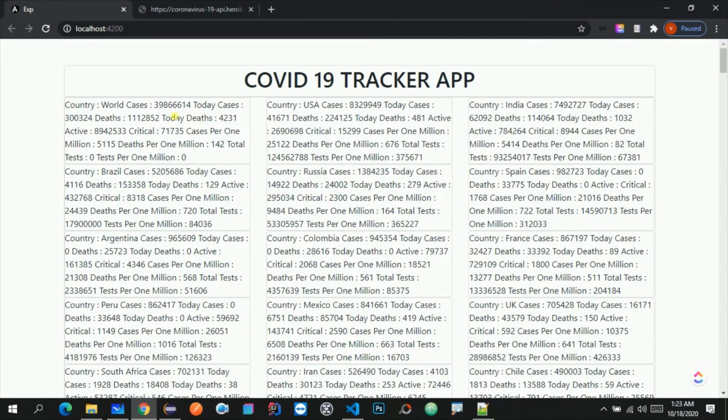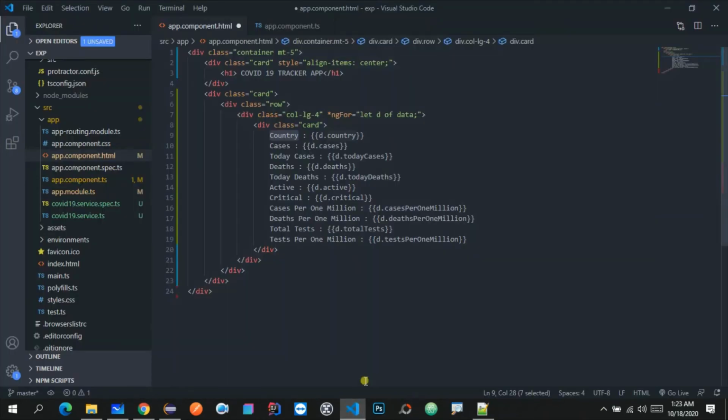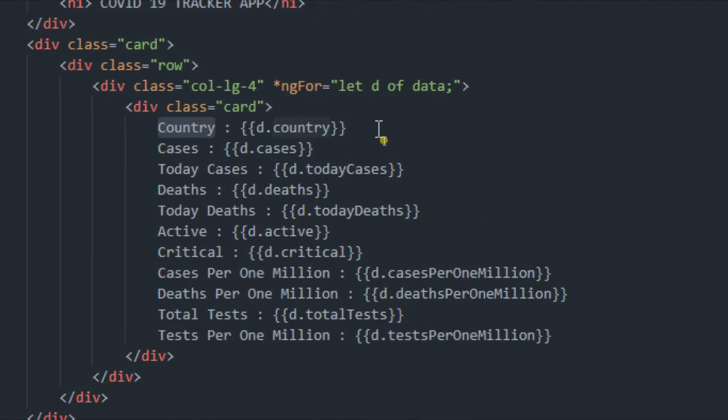Now over here it is looking quite odd, because it is not taking every line as a new line. So for that we just need to break down the lines. We can use BR over here. Let me use the BR tag, which is a breaking tag, and copy it and paste it over each and every line, like this.